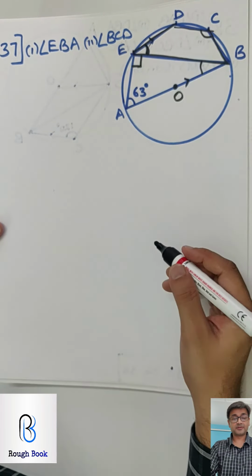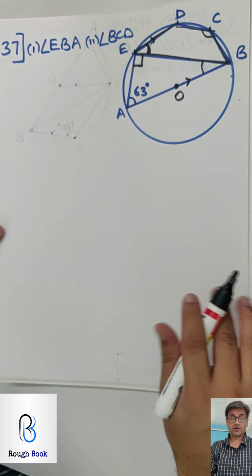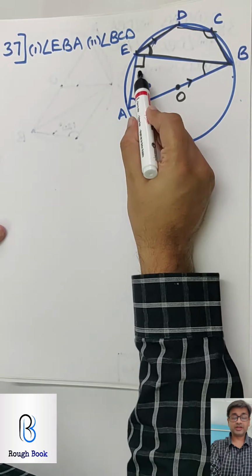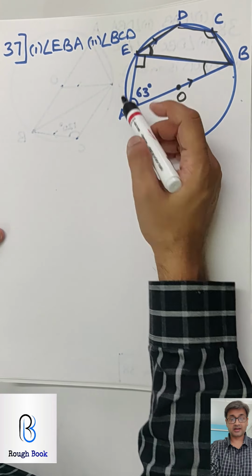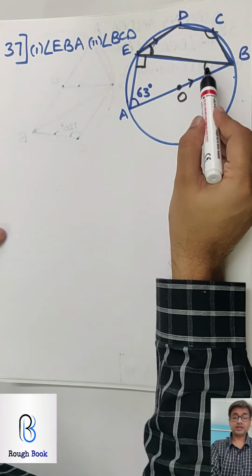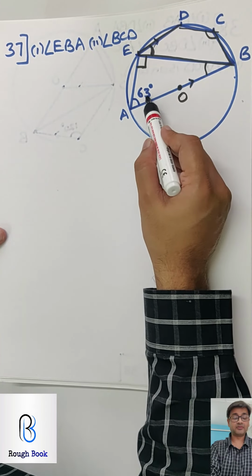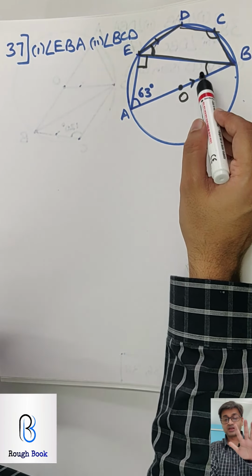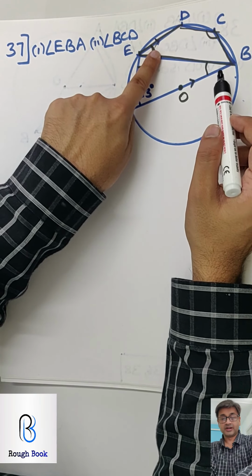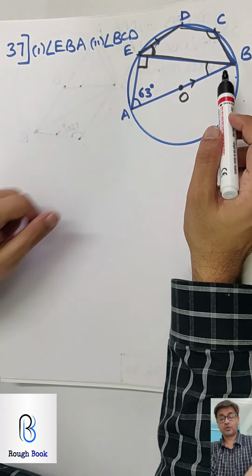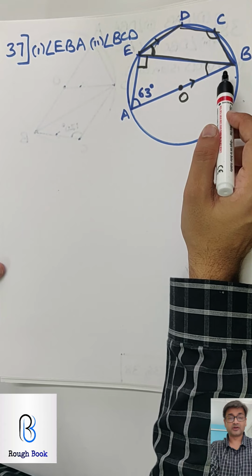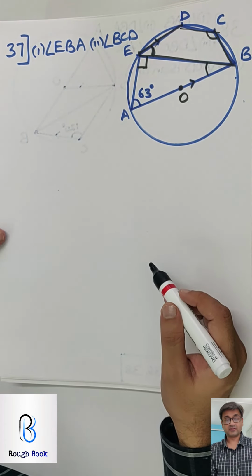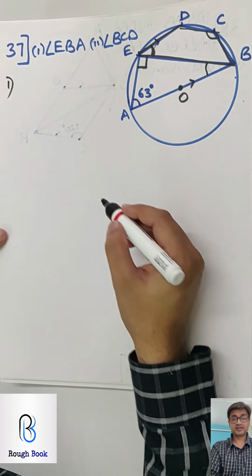So come on, let's write it. You want me to tell you the steps? Okay. Number 1, AB is the diameter. 2, therefore AEB 90, angle in a semicircle right angle. 3, ABE equals 180 minus 90 minus 63, and therefore you get this 27. So 4 steps. Step 5, this is equal to this, alternate. Step 6, this plus this 180, opposite angles of cyclic quadrilateral are supplementary. And step 7 or 8, you will get BCD straight away. So come on, pause, let's hit it.